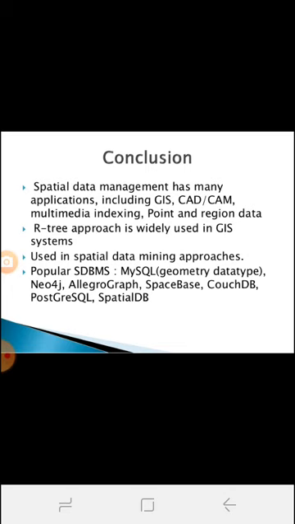Then SpaceBase is a platform for meeting. Then AllegroGraph is a closed source triple store designed to store RDF triples, a standard format for linked data. It also operates as a document store designed for storing, retrieving and managing document-oriented information. Then SpatialDB is a database that is optimized for storing and querying data representing objects defined in a geometric space.